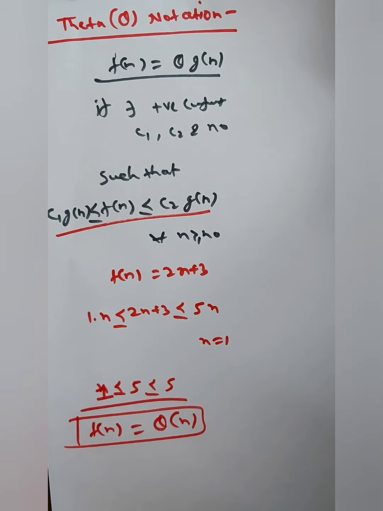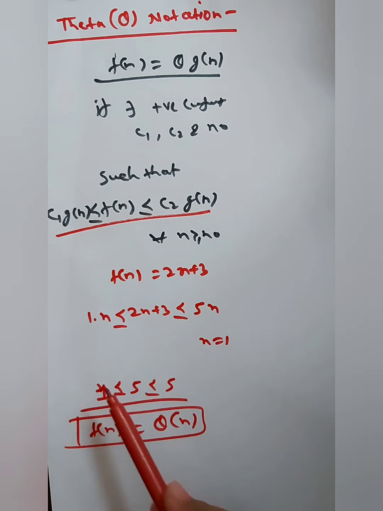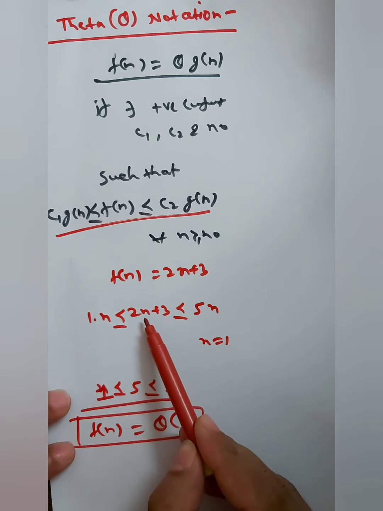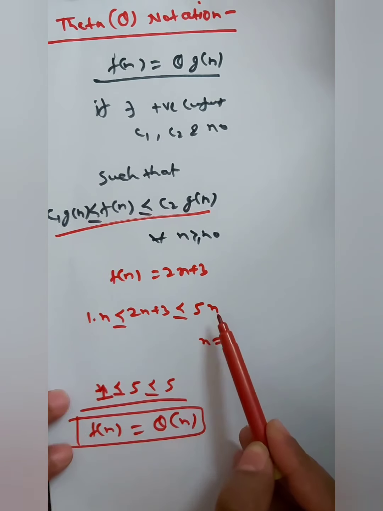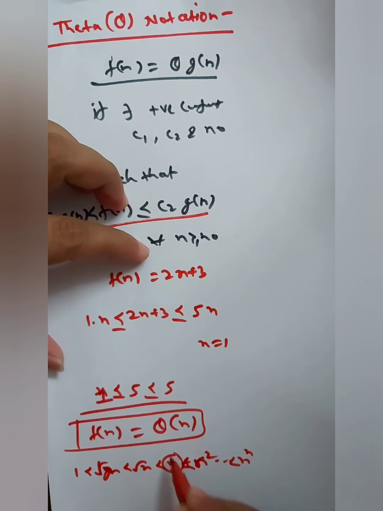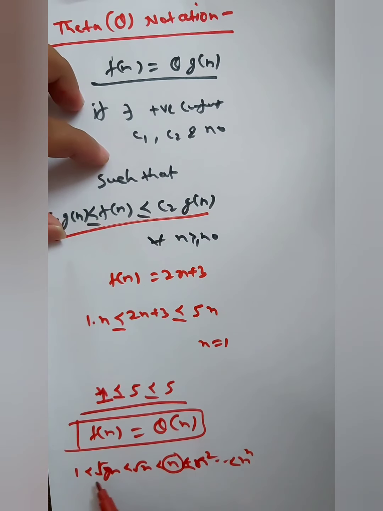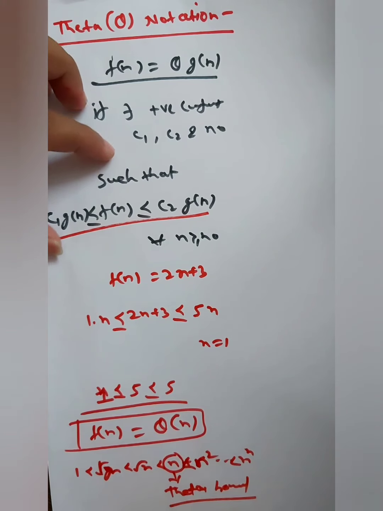Exactly. Now if we take n square terms, then n square is less than or equal to 2n + 3. This is wrong. And if we take log n, then 2 log n + 3 is less than or equal to 5 log n. Again this is wrong. So exactly this only can be the theta function, and that class belongs to exactly n. So we cannot assign the value of n as under root n, log n, 1 or n square, anything. Only this one is called theta bound, right?